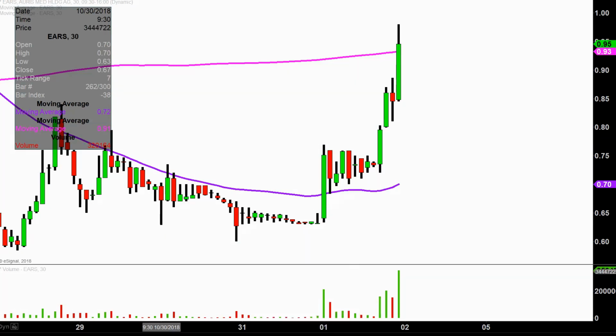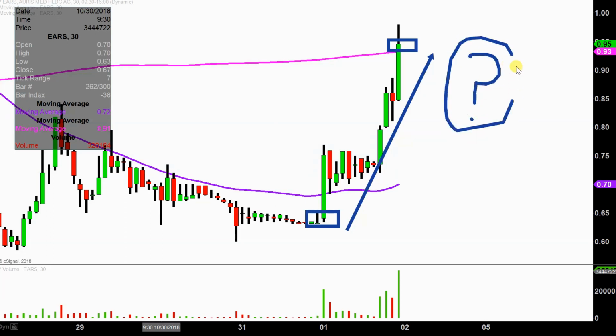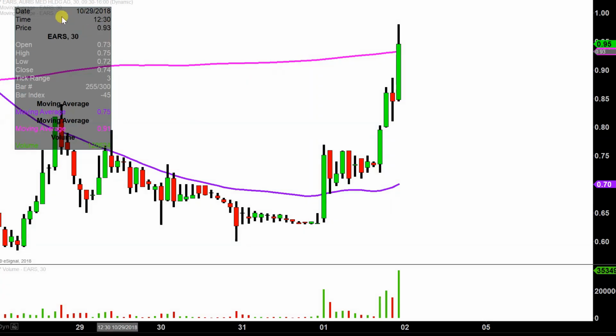And that question revolves around the fact that today the price made a very, very nice move. I mean, when you consider where the price was, where it started on the day, and then where it ended, definitely any rational person is going to say, yeah, the price made a very nice move. But that does lead to the valid question now of, but is there any sort of true power behind this price movement? Is there any sort of genuine strength, or is this just some sort of knee-jerk reaction, dead cat bounce type move? I have no idea, but like I said, by using charts, we can make answering this question